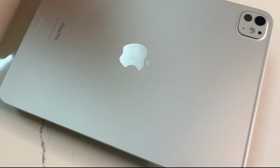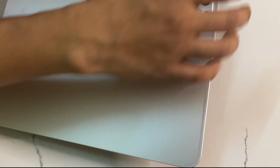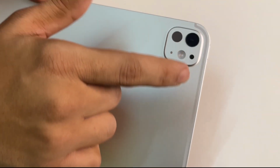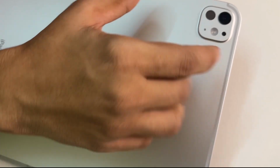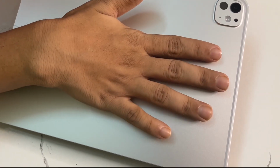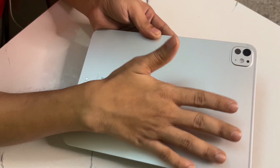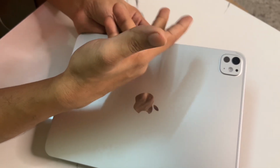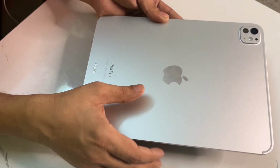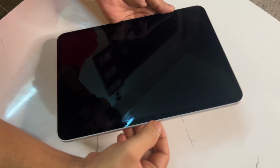This is the iPad. This is all new, very thin. New design of camera. There is only one camera and a very nice LED flash. This particular camera is focused on document PDF conversion. Apple has improved it a lot in that regard. You can make a PDF out of documents that you click photos of, and it will be very nice. Good technology. So the front camera has moved to the center of the horizontal position, and this has led to change